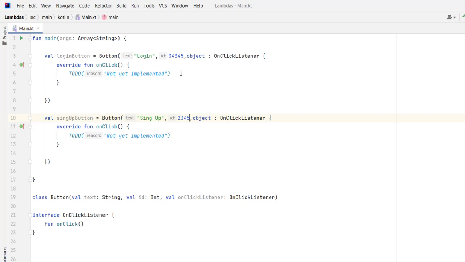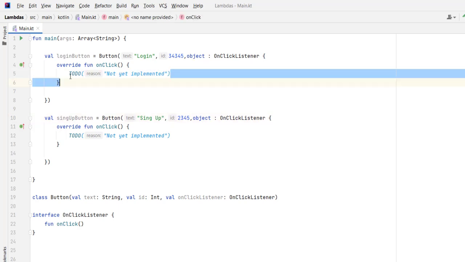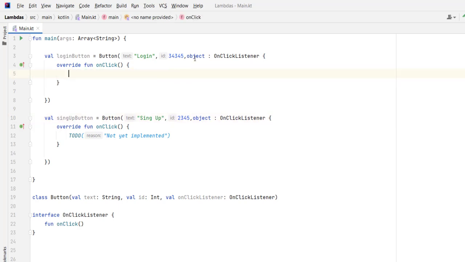Now what we have here is an object expression, we have anonymous classes, and by using the object keyword, and let's press Ctrl Alt L to format the code, we implement that onClick function on this specific button, for the login button and for the sign up button. But to do that, we use the object keyword, we implemented that from the interface, so we override the interface here,